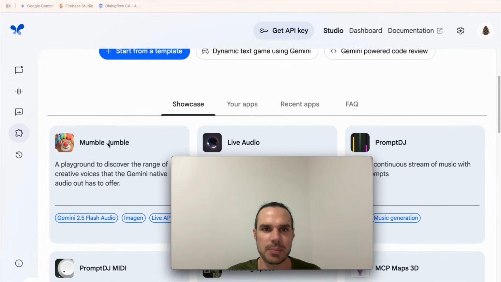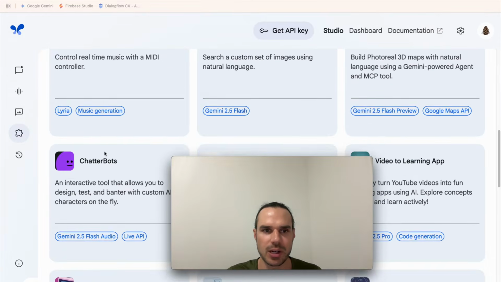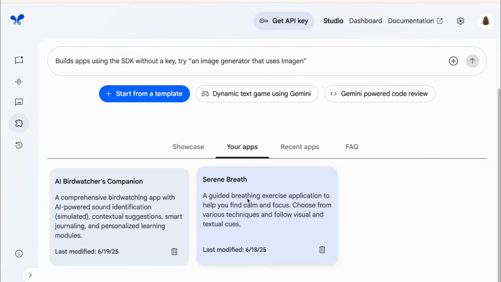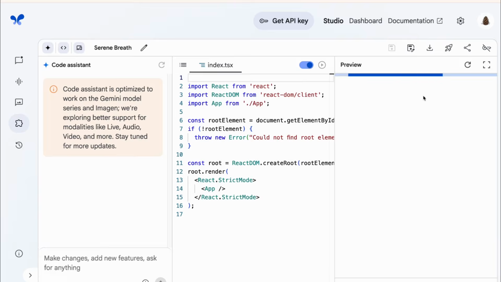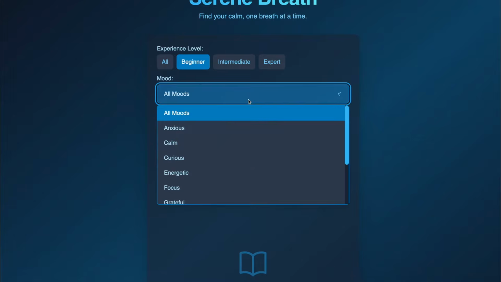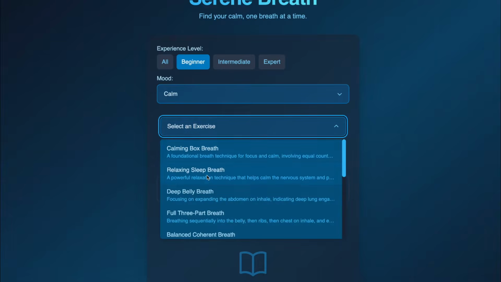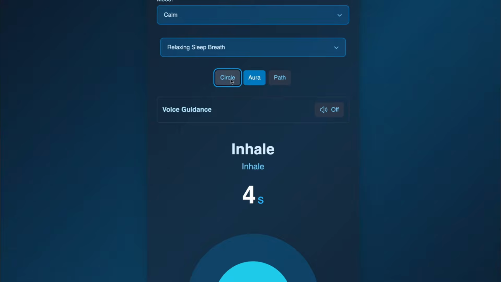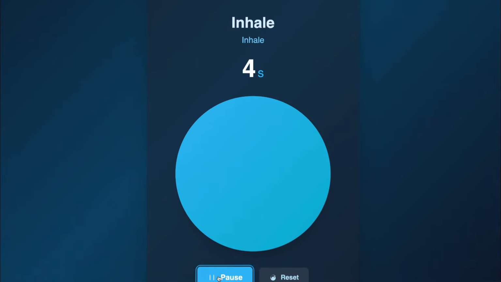So you can start from templates. They have a bunch of templates here if you want. And also you can go to your apps here. I've been playing around. You can see quick here. I did this breathwork one in like 2 minutes. So you just, all moods, you can say you're calm, and you can choose everything. Voice guidance, you can choose a different path. And press start,